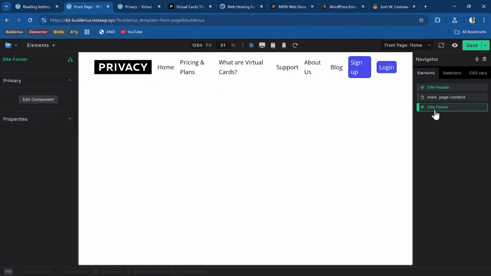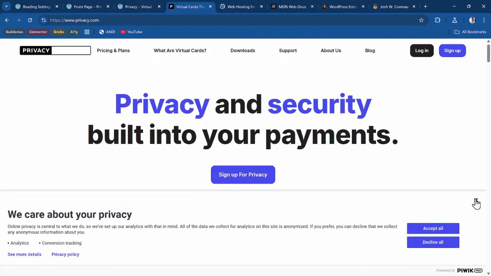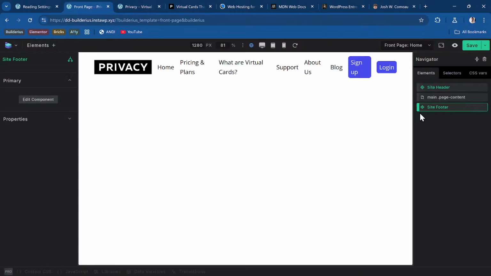Okay, so we have the header, the main, the site footer. If I want, I can now go to the site footer and start editing that component as well and do whatever I want. But let me just try and create a simple hero section. So let's just add a simple text. And so in the main content area now,